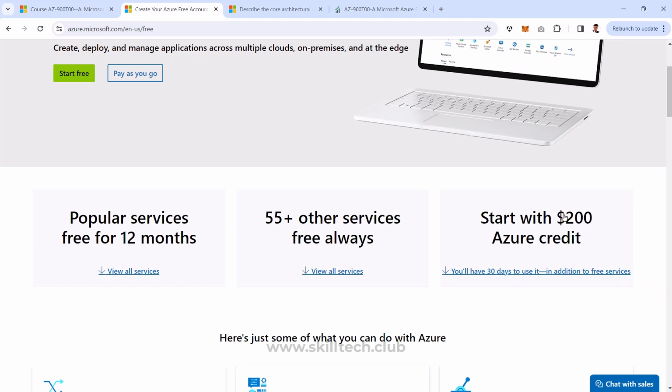Remember, this $200 is going to be valid only for 30 days. While there are a couple of 55 plus services which they are giving you free, which will be available for 12 months, honestly, if you ask me, these services are not very useful. But yes, this $200 of Azure credit with this 30 days kind of validity is something which is more than